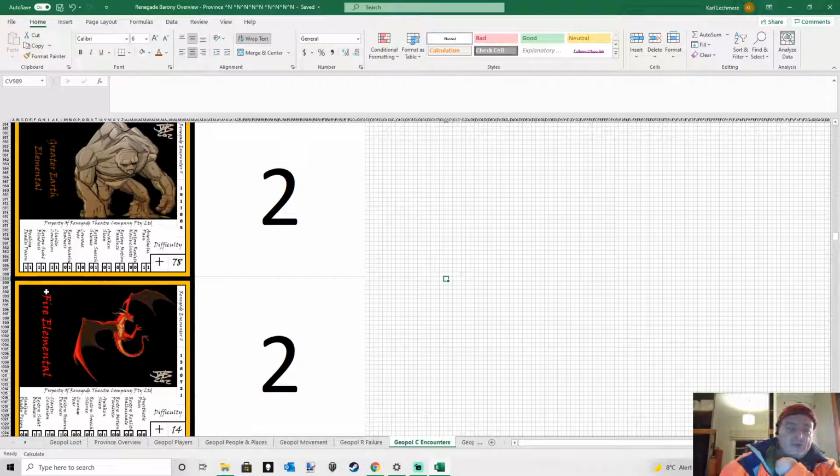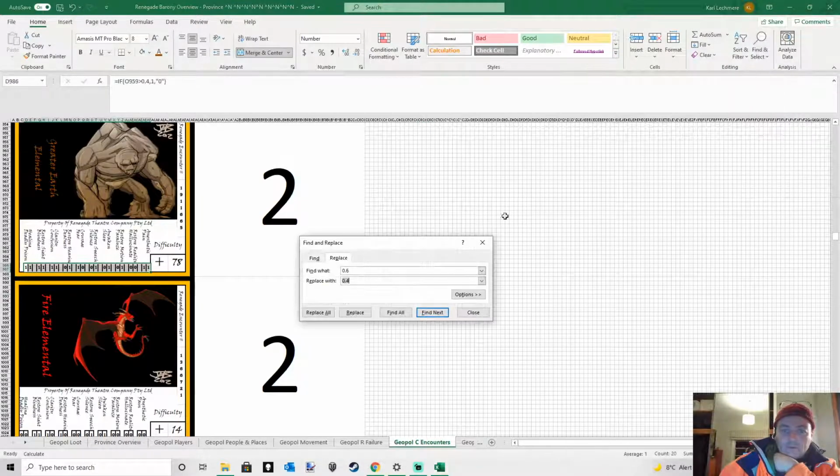Maybe I should change it a little bit more, to make it so that instead of 60%, it's a 70% chance. So that's 4, and we'll make that 3.